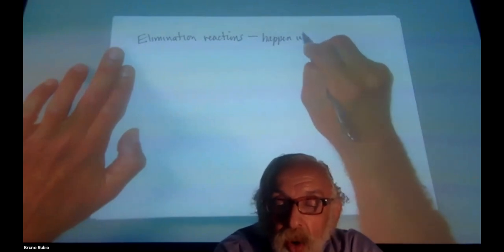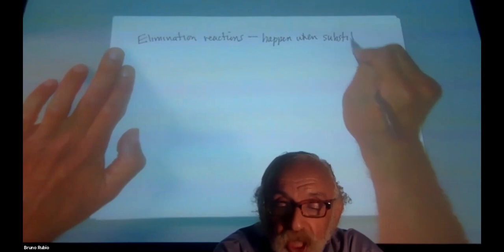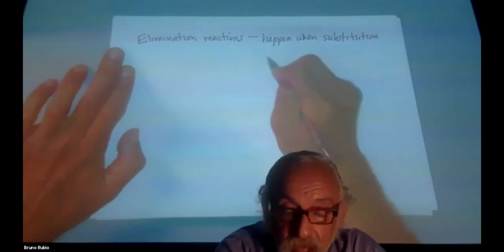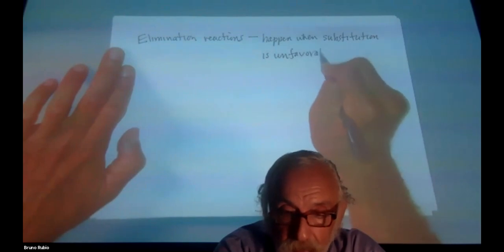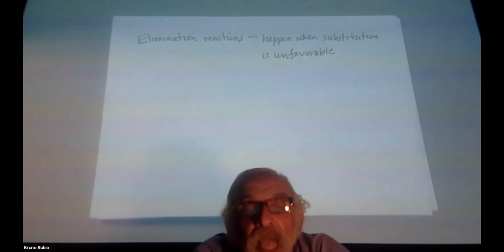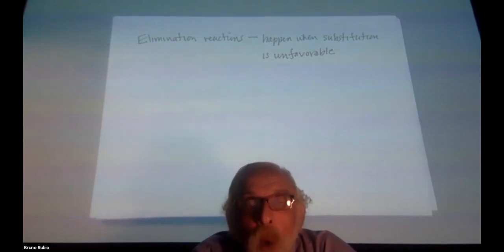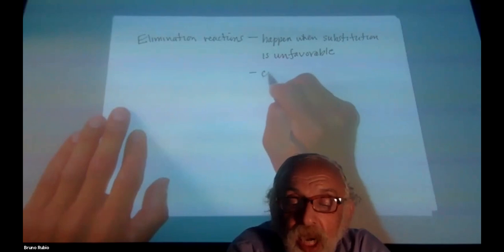They happen when substitution is unfavorable. There are two elimination mechanisms. There's the E1 and the E2. The elimination reactions, these compete